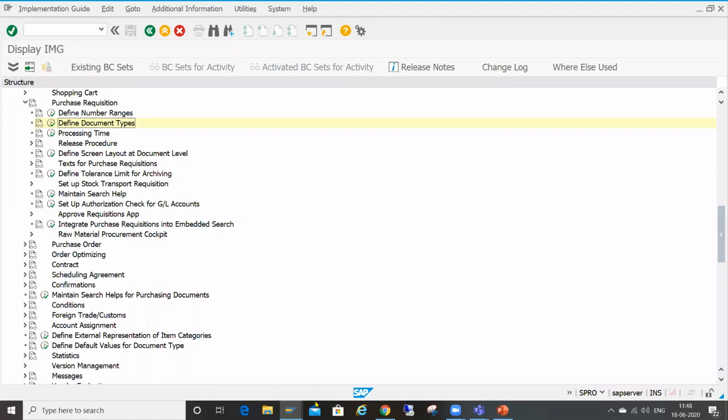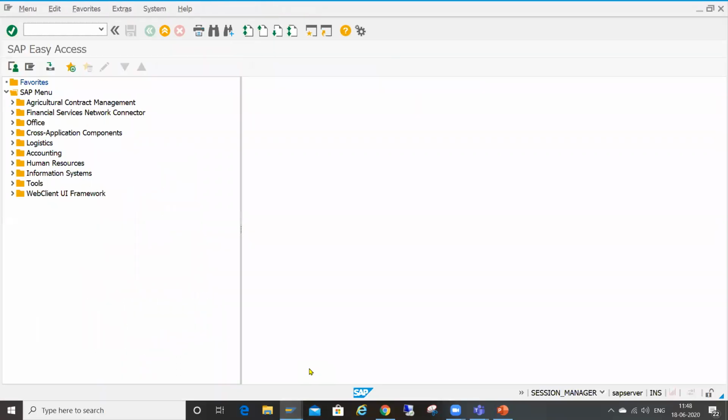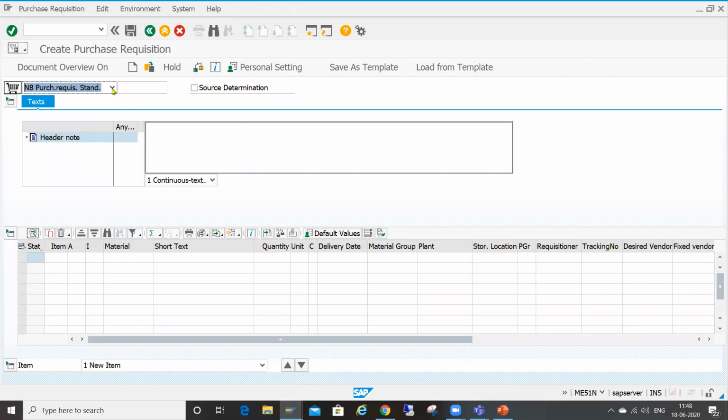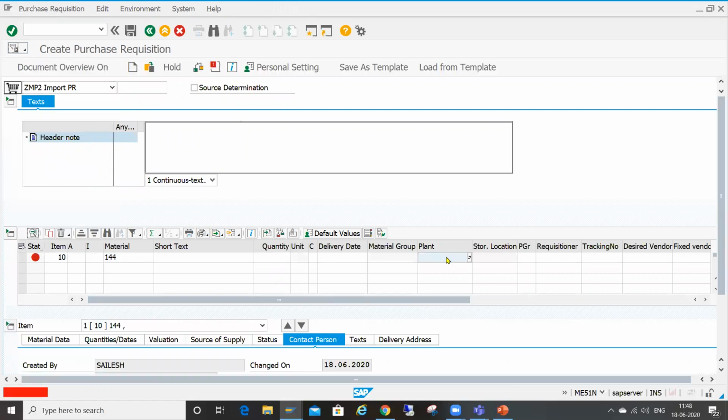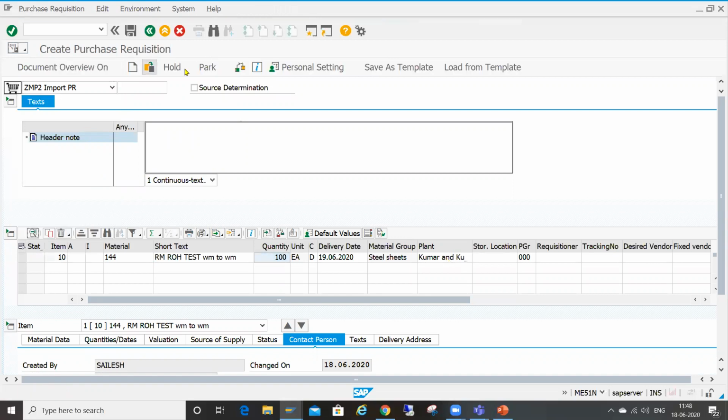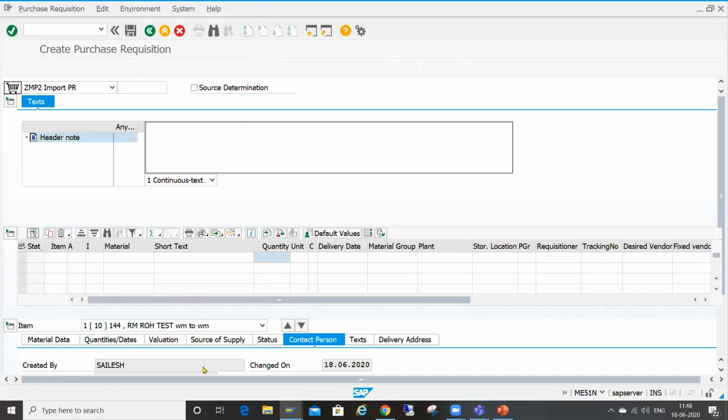Okay. Now create a PR first. In ME51N, I'll create a PR with the document type ZMP2 and input material. Save.